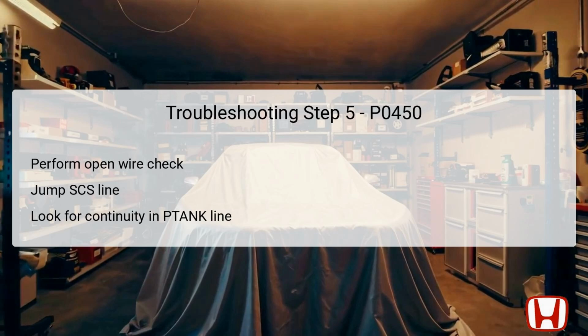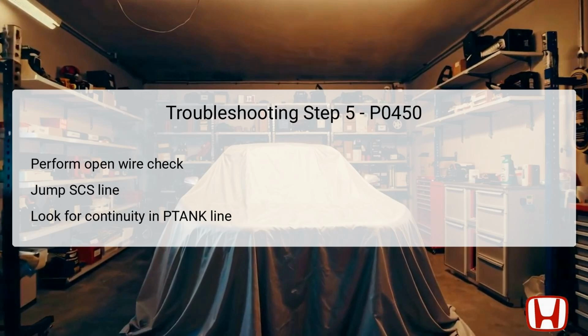Finally, check for continuity between test points 1 and 2 during the vehicle off lock mode. Test point 1 is PCM connector A number 42, while test point 2 returns to body ground. If a continuity reading is present, the P-tank wire is deemed operational. If continuity fails, you will need to repair any identified open in the P-tank wire connecting the PCM to the